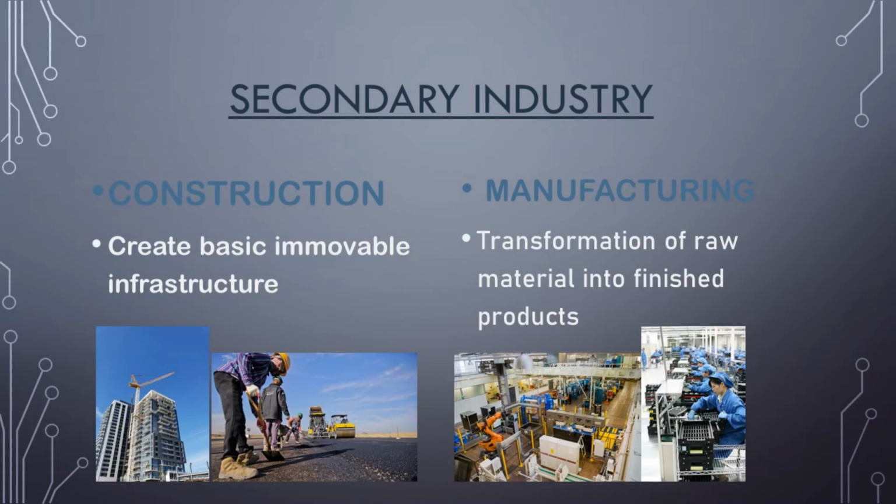Next is construction industry. As the name suggests, construction industry involves construction of buildings, dams, roads, flyovers, etc. It uses the output of other industries such as iron and steel, concrete, bricks, cement for construction purposes. The distinctive feature of these industries is that their products remain fixed at one place and cannot be taken physically to the market for sale.